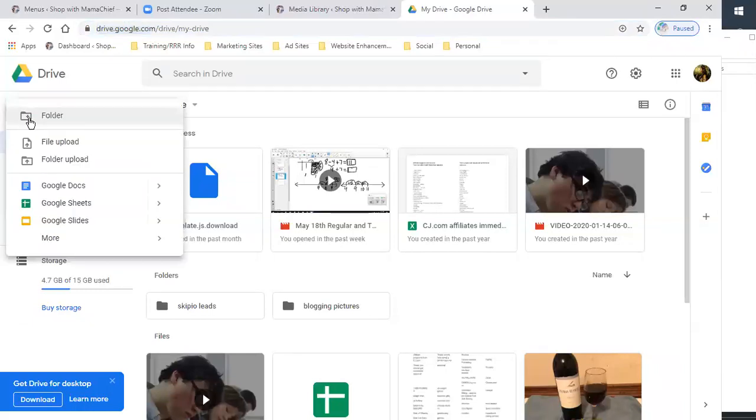And then you can upload files, you can upload whole folders that you have in your system, or you can create new documents. This document right here is just like a Word document. This Google Sheet is just like an Excel spreadsheet. Google Slides is like a presentation under Microsoft Office. So these are basically the same Office things that you would get with Microsoft Office, except they are in Google. It's a Google Doc. So you can just open it up